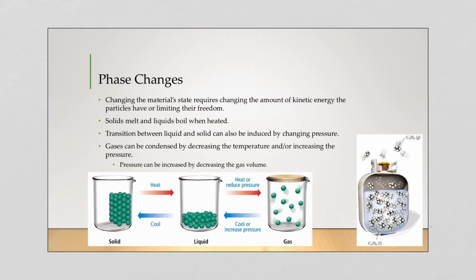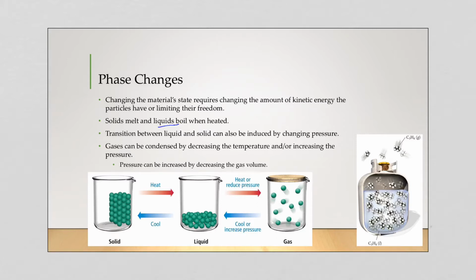If you want to further go to a gas and boil that liquid, again, we have to add more energy to go to a gas, which is an even higher kinetic energy state where the molecules have even more freedom of motion, right? And so we need to add energy to go to a higher kinetic energy state, so to go from a solid to a liquid to a gas, or in other words, to melt and/or boil or vaporize,